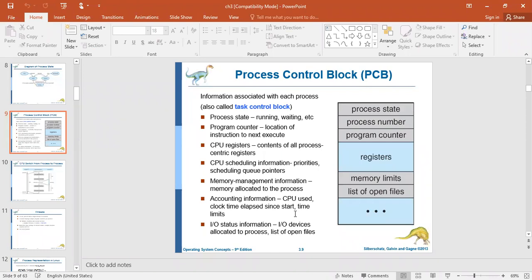All this information is maintained in the accounting information, or simply you can call it memory limits. And IO status information: whatever IO devices are allocated to this particular process, and how many files are in open state, all of this is recorded. Like that, the operating system maintains the information related to this particular process in a table. That is what we call the process control block.